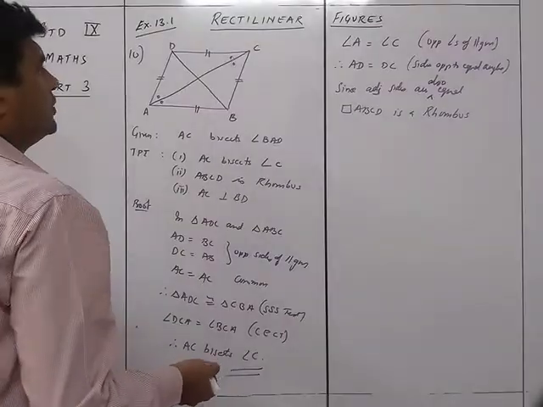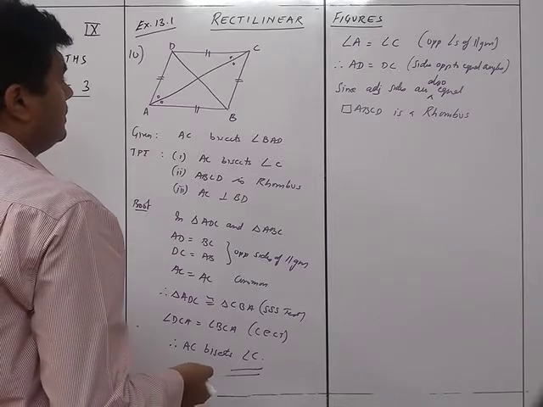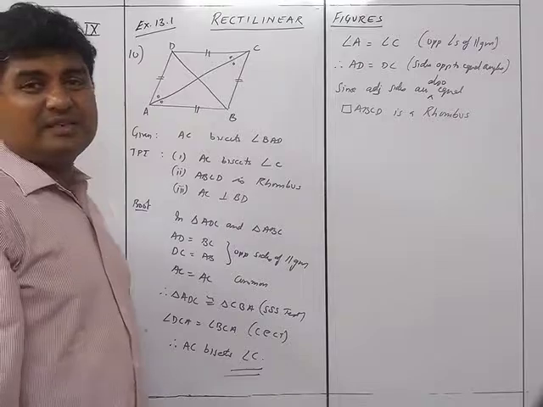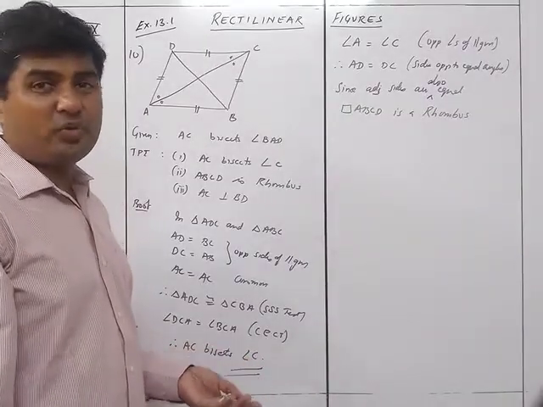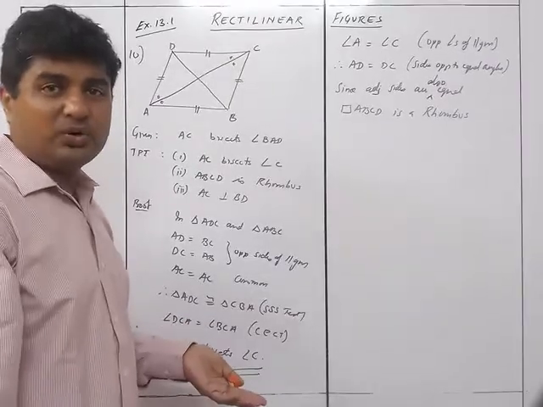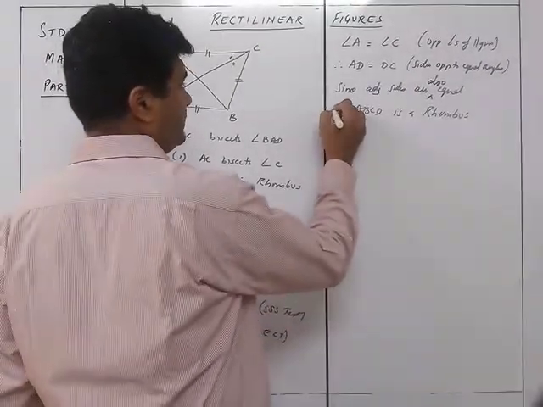Okay, so for this what we'll do is, in fact we can just write over there because of the property of rhombus, because already after doing this much, there should not be much more needed for a 3 mark sum. So we can directly write over here for the third point that